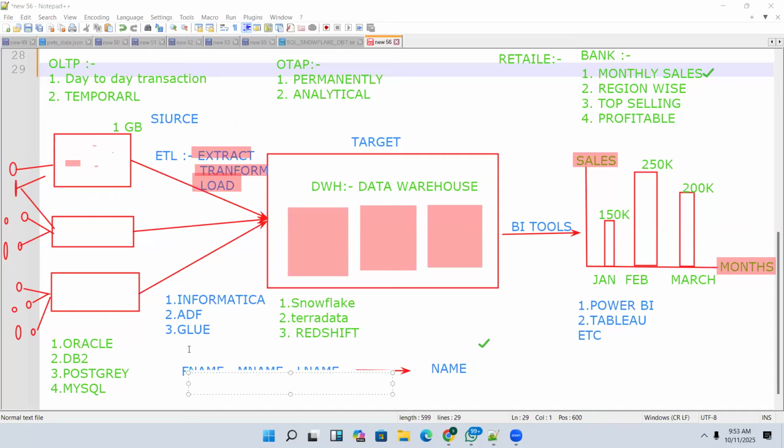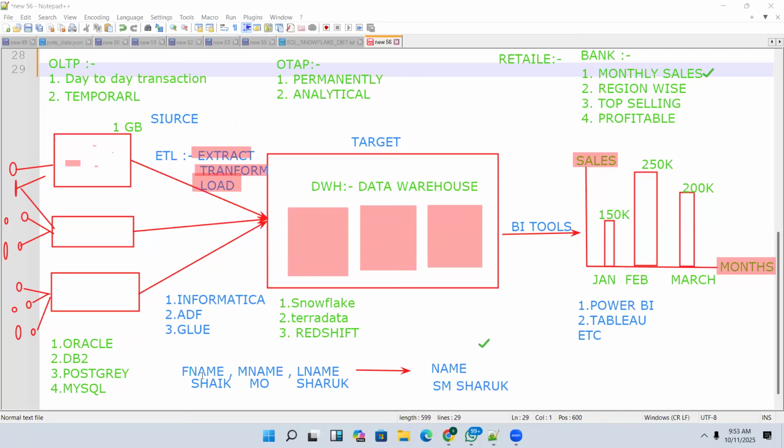For example, my name is Sheikh, and there will be Muhammad something, and there will be Shahrukh. Instead of maintaining this data in three different columns, first name, middle name, last name, in the target system what I will do is make this Sheikh Muhammad Shahrukh. In a simple format, guys. A simple format means I will make this in a single column.